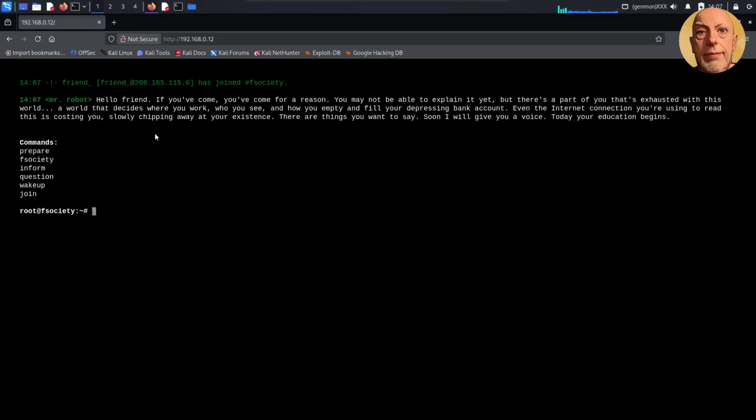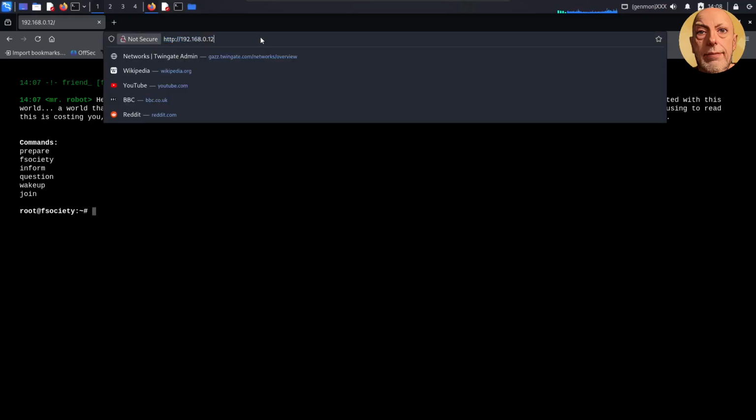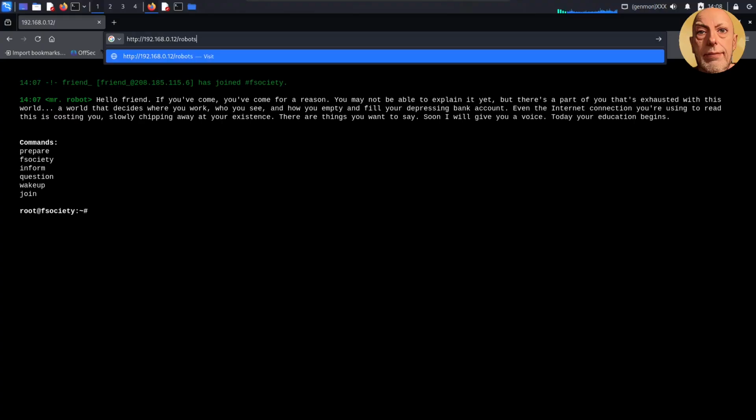Right, now we've got this open. I'm not going to bother with 443 and see what that does just yet. 80 is a little bit easier to work with. One thing you should always do, because it can provide just that tiny bit of extra information. You can see there, I've added to the URL after 12